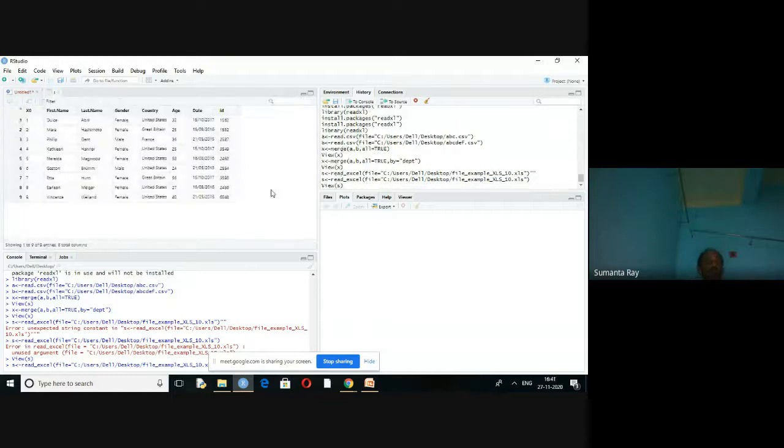Okay. So in this way you can also import the Excel file. I have given you two different procedures to import an Excel file. The first one was the xlsx package, the second one is the readxl package. But the command is the same. For the xlsx package, you use the file.choose function, and for the readxl package, you write read_excel, and within the braces, you write file equals to the copied path enclosed in double inverted commas like this. Clear?